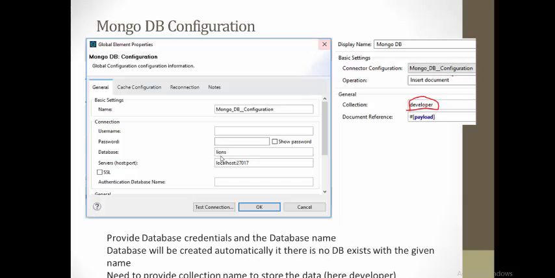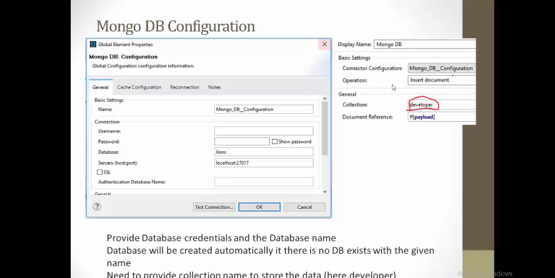So you need to provide the database name and localhost, the machine where MongoDB is running, and the corresponding port number. So this is the configuration regarding the document. Then what operation you are doing, are you retrieving a document, are you inserting a document, that we need to give.